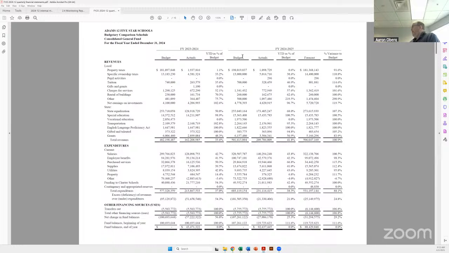Here, I think our biggest potential for a variance is on the net investment earnings. As of December 31st, our budget for net investment earnings was $4.8 million, and year to date we had already received $4.6 million. So very obviously we'll be over our investment budget, which is a good thing because we're talking about revenue. All the other pieces I still believe to be really in line.